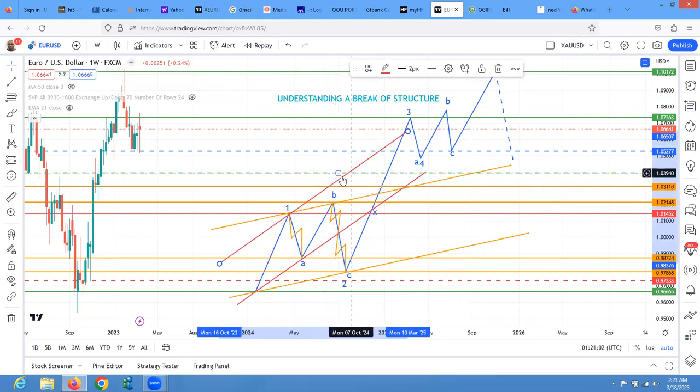You are watching for this channel, a breakout of this. That's the first thing they will tell you to do. But then again, because of your knowledge that if it's a corrective format, it must give you a third wave, you won't be quick to draw your channel, because once the channel breaks the red, you think it is a downtrend. It's not a downtrend. So that is why you must wait before you draw a channel. You must have a 2 return before you draw a channel. That will be a correct way to draw your channels.